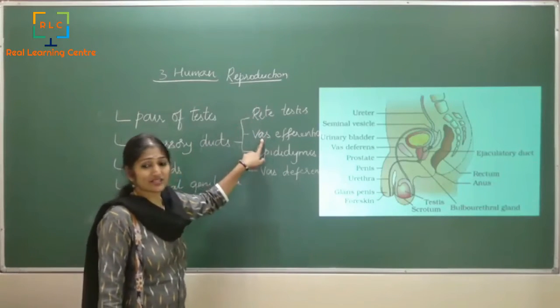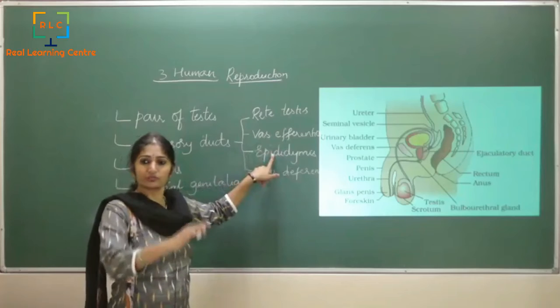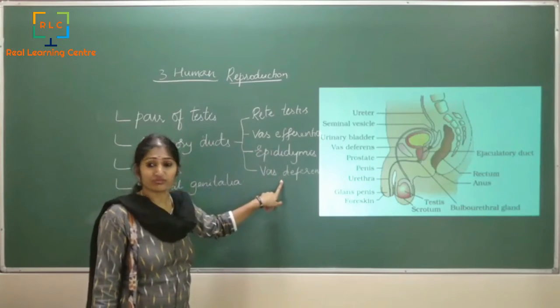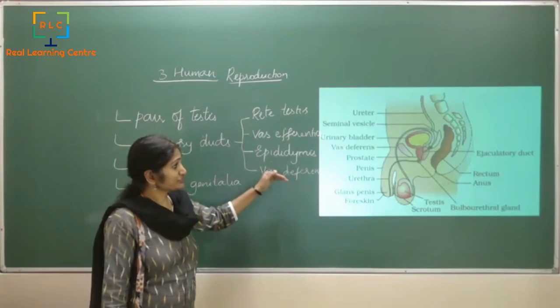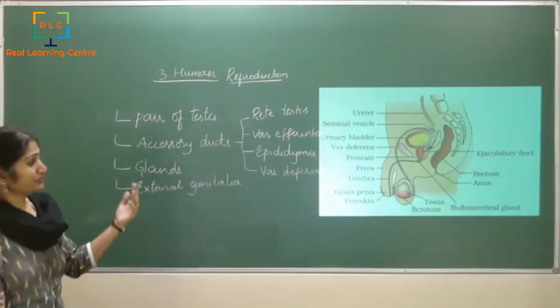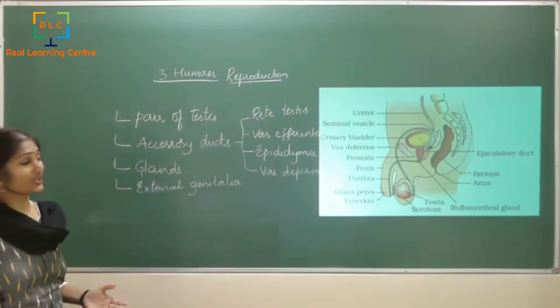From there it comes to the vas efferentia, goes to the posterior part of it, which is called the epididymis, and then reaches out into the vas deferens. The vas deferens goes out, loops the entire urinary bladder, and gets connected to the duct which is called the